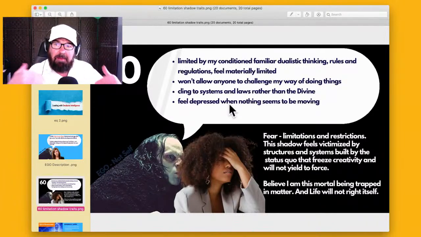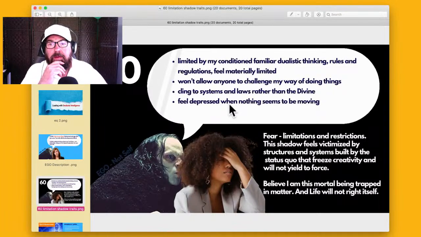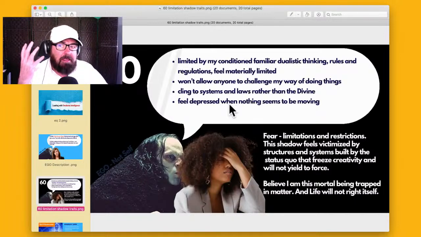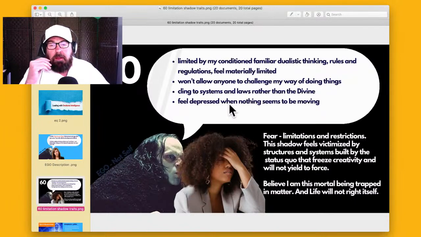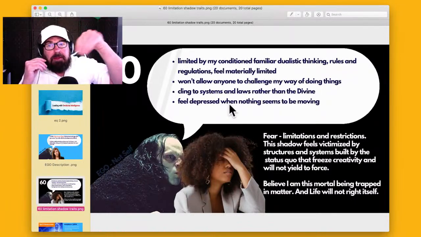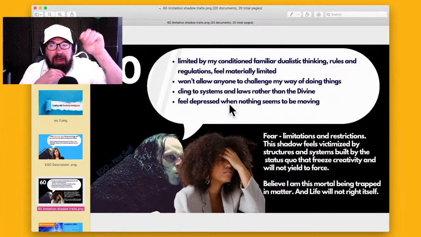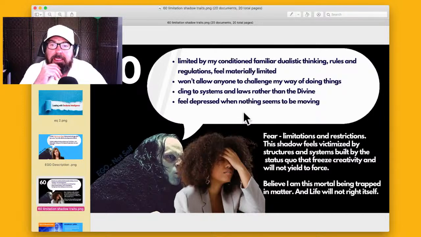I'm accepting that I'm in this shadow state right now. I accept it. I'm not going to run from it. I'm not going to avoid it and distract myself from it, or go to false promises that somebody's dangling a carrot. Here's how you get out of these feelings of feeling limited, right? So I'm not going to do that. I'm going to go inside. I'm going to stay inside, right?